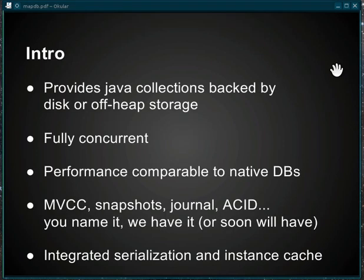So MapDB is a database just like others, but it provides Java collections instead of some proprietary API. It means you can take a map, set, list or queue, or other interface implementation provided by MapDB, insert billions of records or half a terabyte of data inside, and because it's backed by disk storage, you will never run out of memory. You can also use 64 gigabytes of RAM without dealing with garbage collection and other